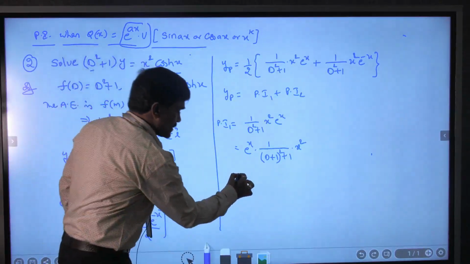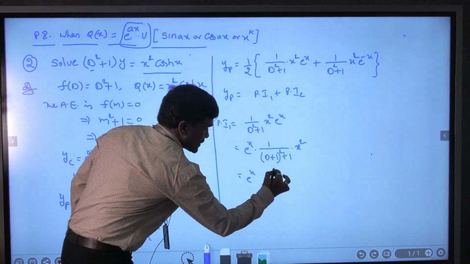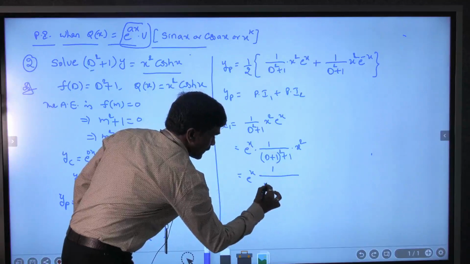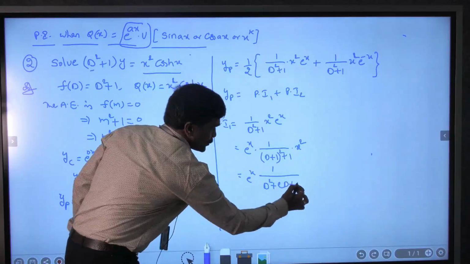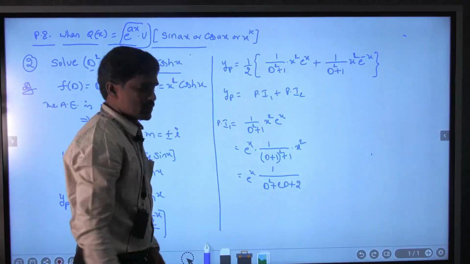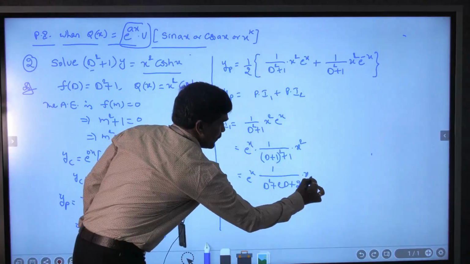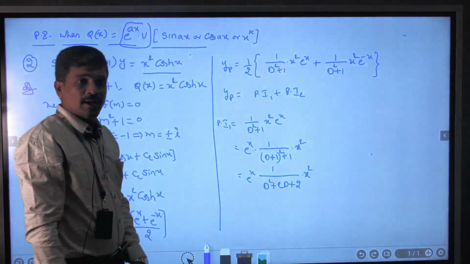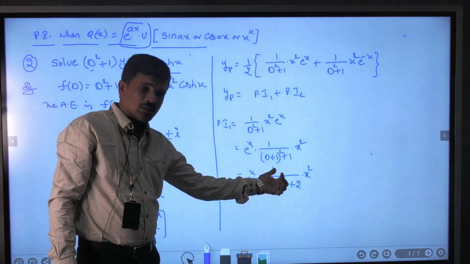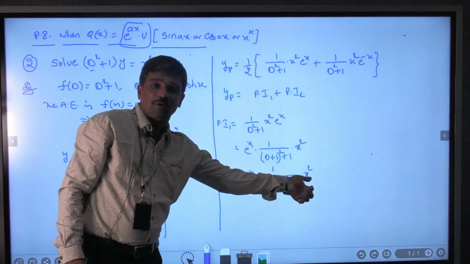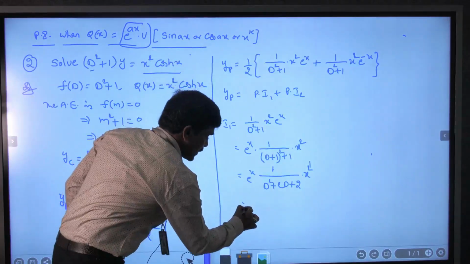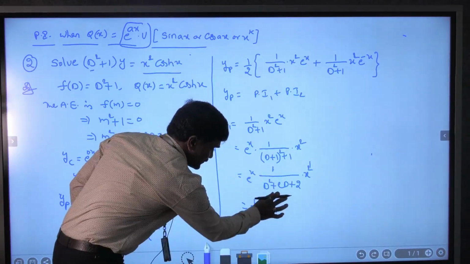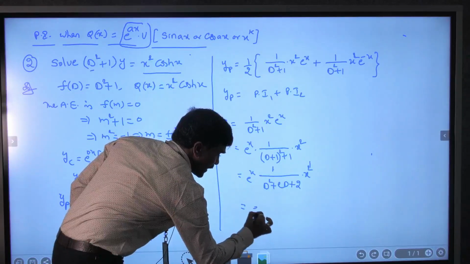Now simplifying this, we get e^x into 1 by (D² + 2D + 1) plus 1 plus 2, into x². Right, now here it is 1 by f(D) into x^k form. So 1 by f(D) into x^k, then the denominator f(D) can be written